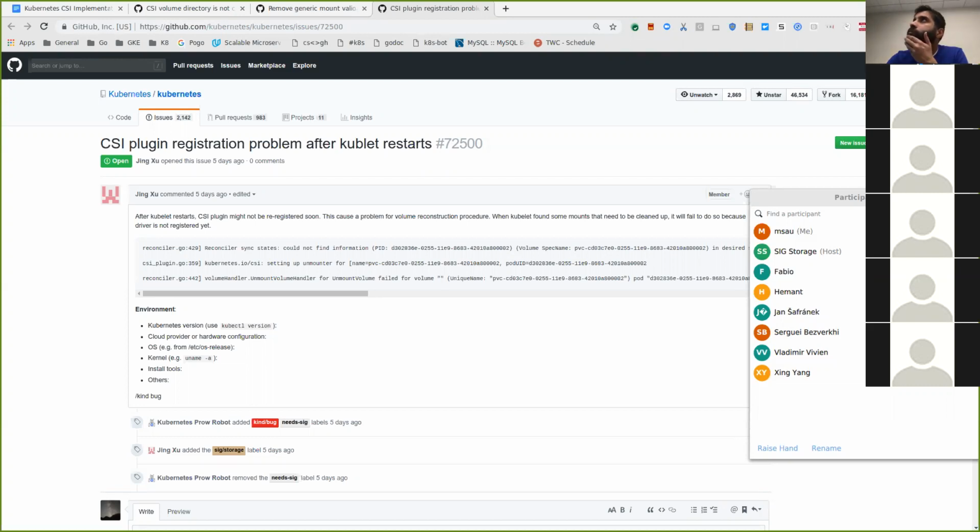Yeah, maybe registration could trigger a reconstruction. That's what I'm thinking, just for that plugin. Yeah, that seems reasonable. We could do that. Basically we would have to add special casing to the normal reconstruction to ignore